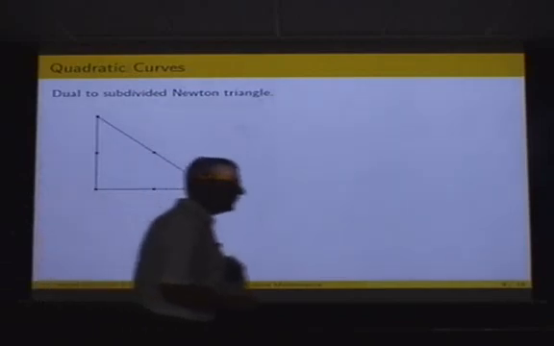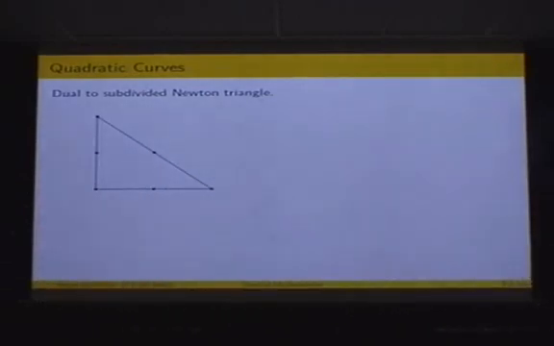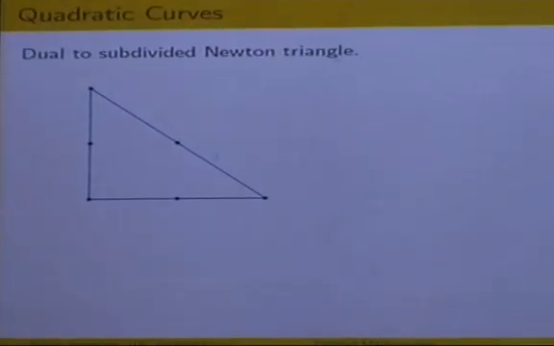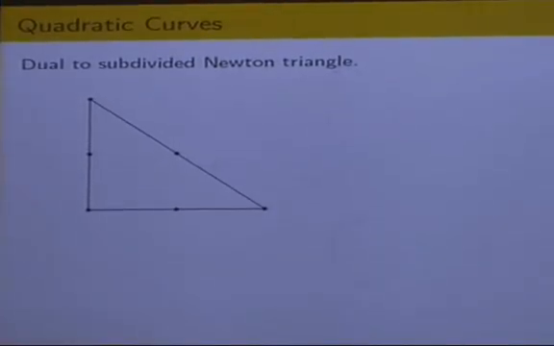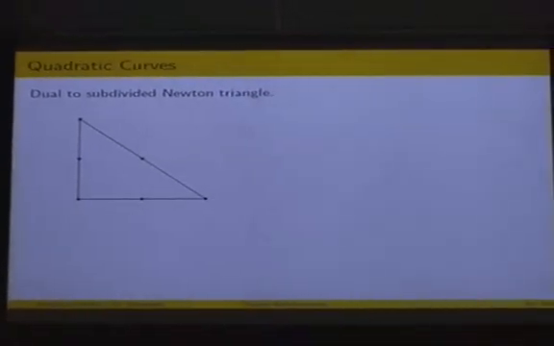Okay, so step 0, you plot the Newton triangle. These are the terms: constant term, x, x squared, y, xy, y squared. These are the monomials that you see in your quadratic polynomial. Next you look at the coefficients, right? There are some coefficients here, a, b, c, d, e, f. And you use these